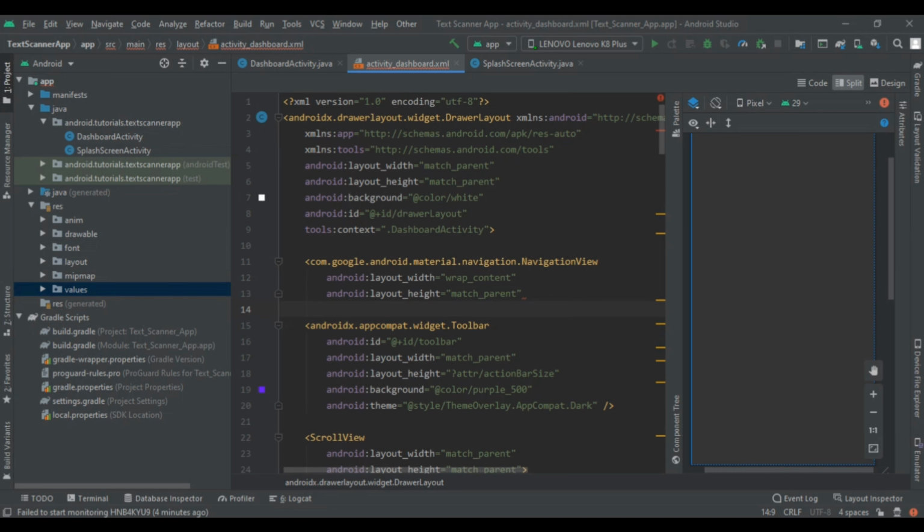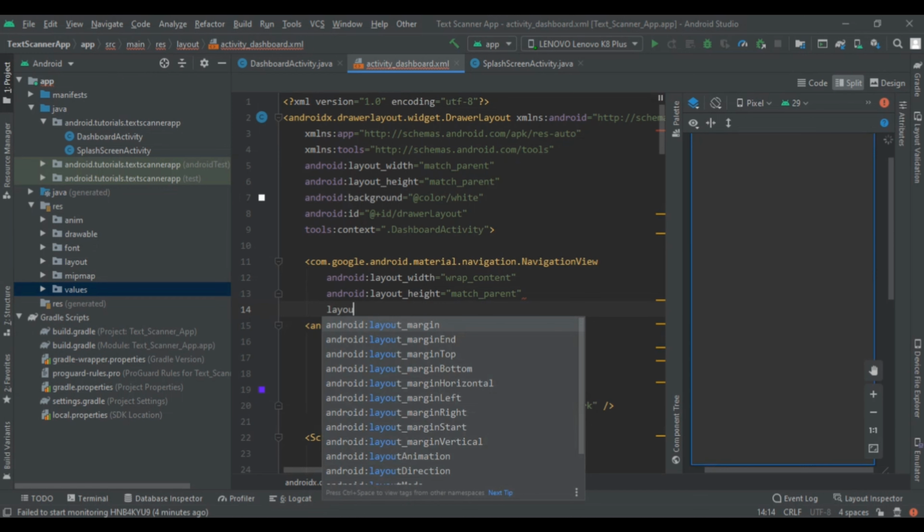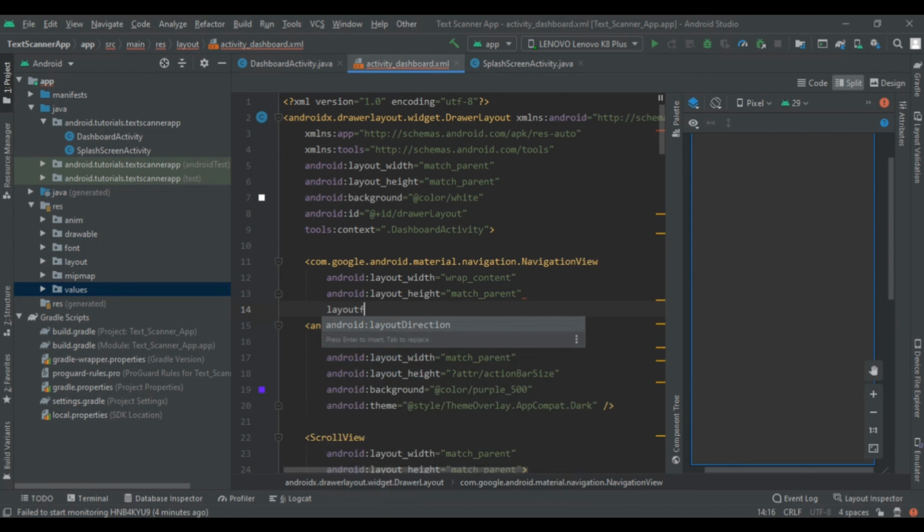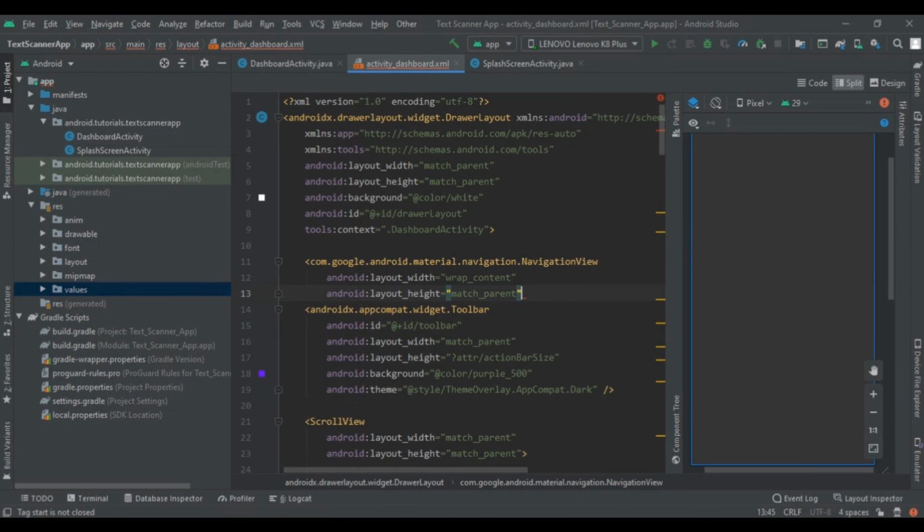So let's get started. First use layout gravity. Here layout gravity is not applicable, so close this first so we can implement further.